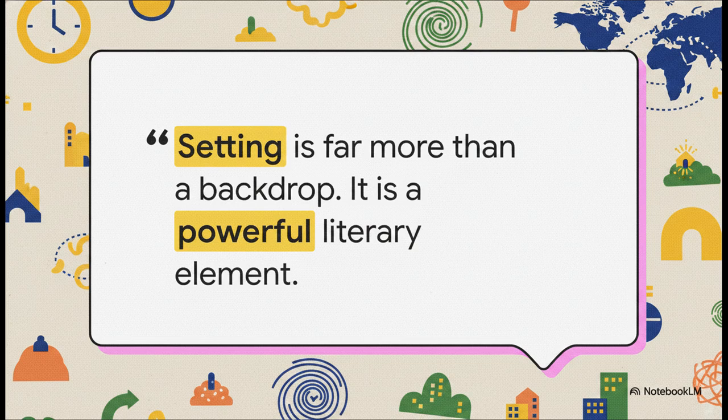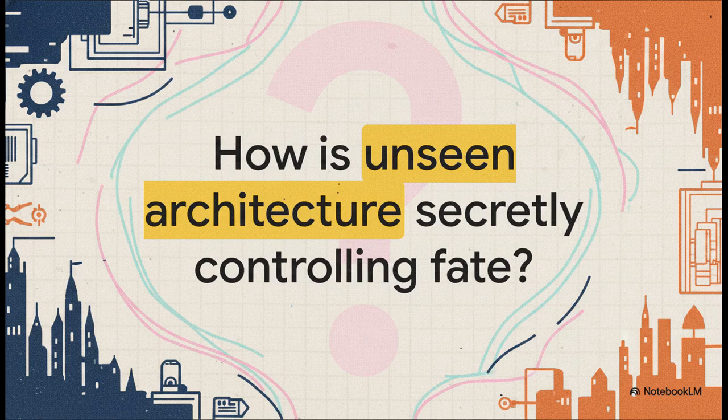Ultimately, the environment of a story isn't just where things happen. It is a powerful literary element that shapes character, conflict, mood, symbolism, and theme. It is the very fabric constructing the narrative's meaning. By paying attention to place, time, vivid details, and temporal landscapes, we unlock a whole new level of understanding. I want to leave you with a provocative question so you never experience a story the same way again.